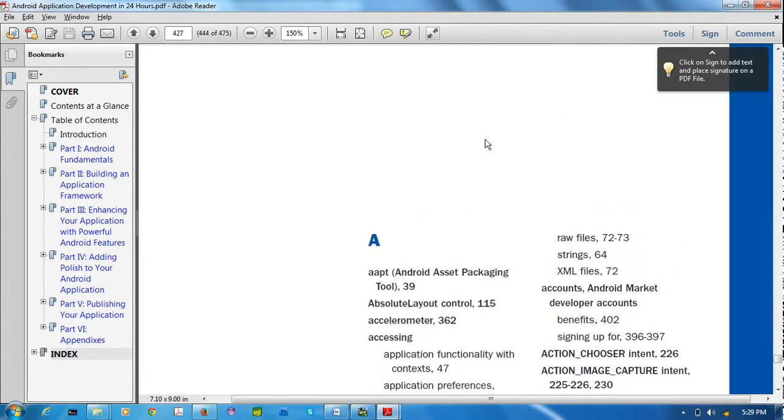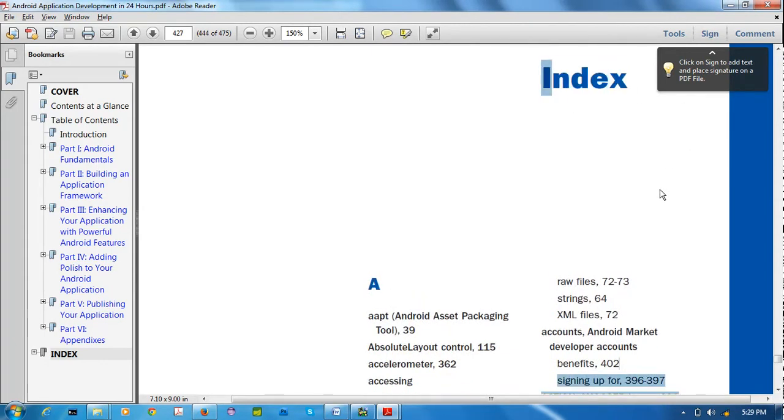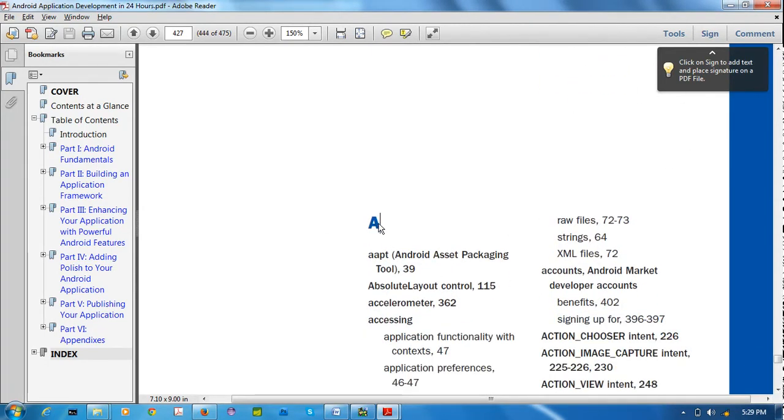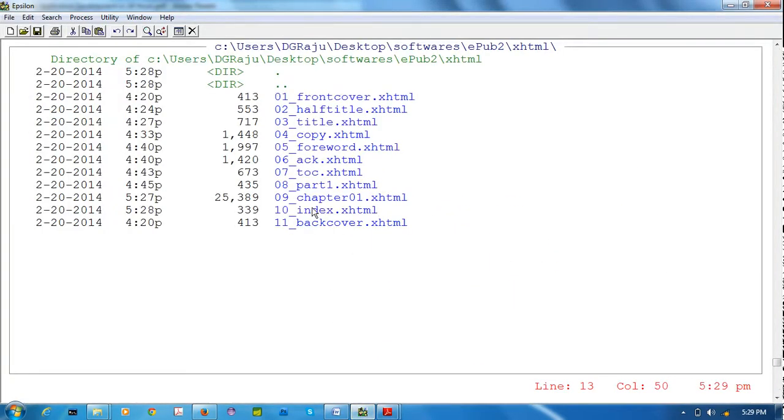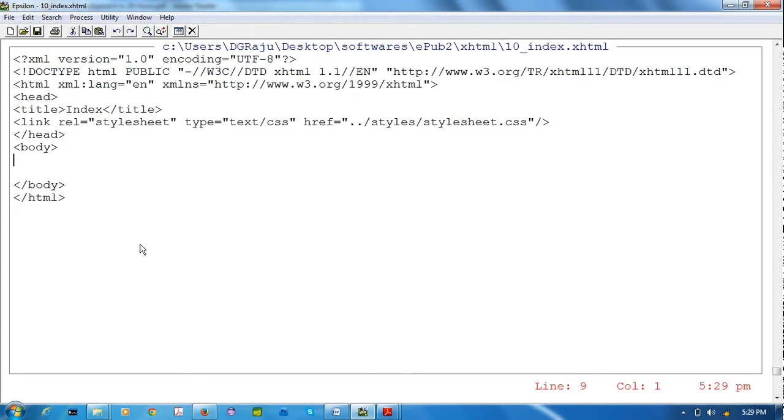So index is with heading index and a letter, it will start like this, like this. It has the word, so this word is in page number 39, like that. Okay, actually our sample file does not have anything, no? That's why I'm creating sample index. It also has the same style as our FM title style. I'm giving some 3-4 paragraphs only.